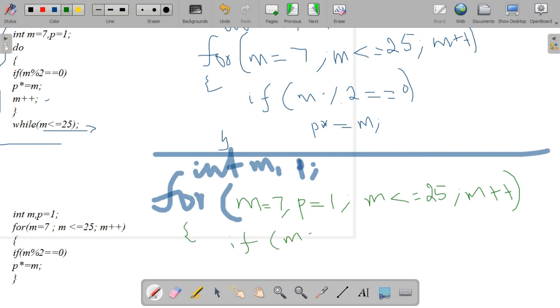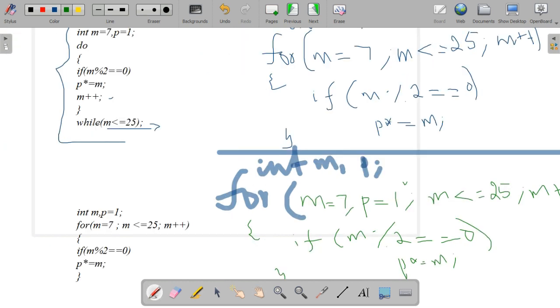Semicolon, m less than or equal to 25. There is no more condition, only one condition is there. There is no condition for p and there is no update expression for the p variable. P is only for initialization purpose. The next, open the braces.